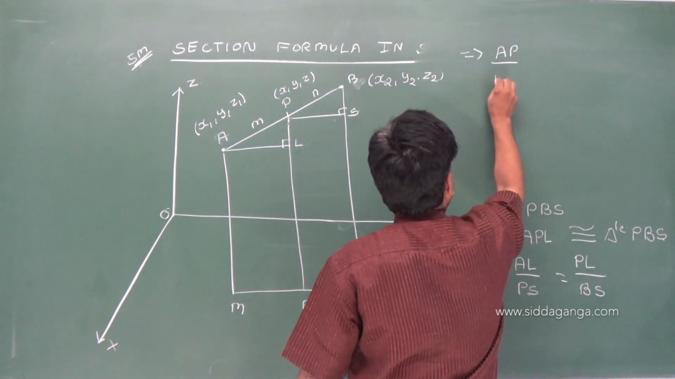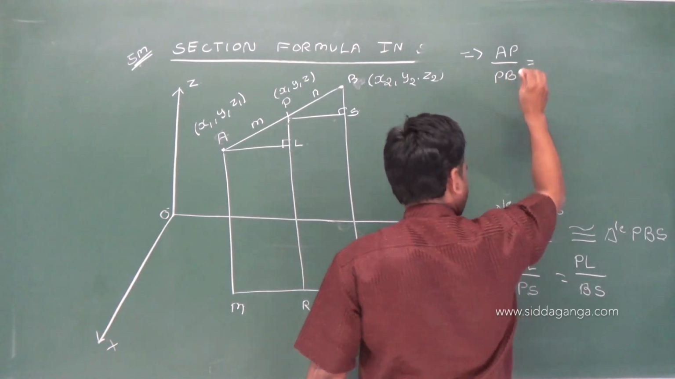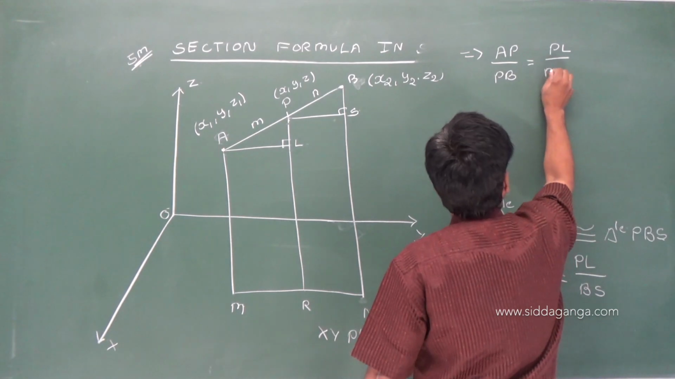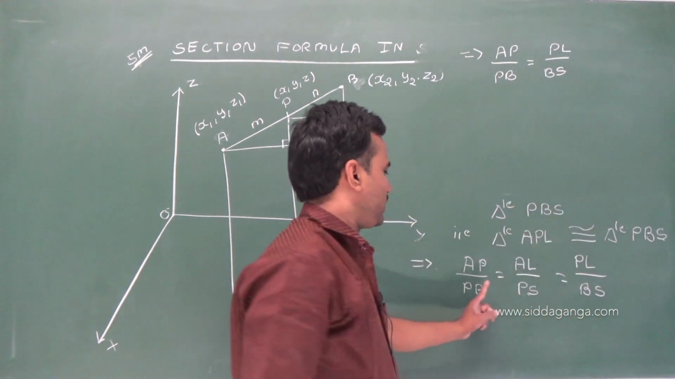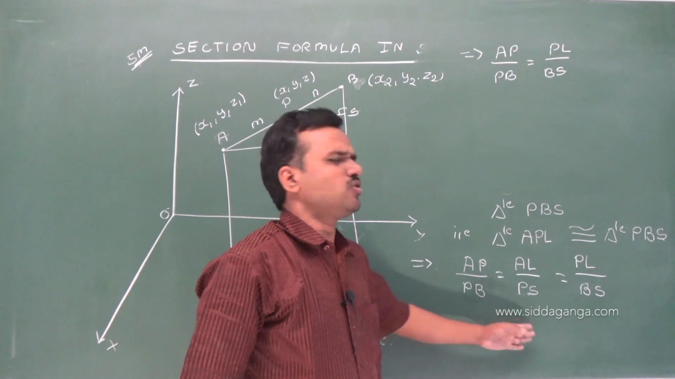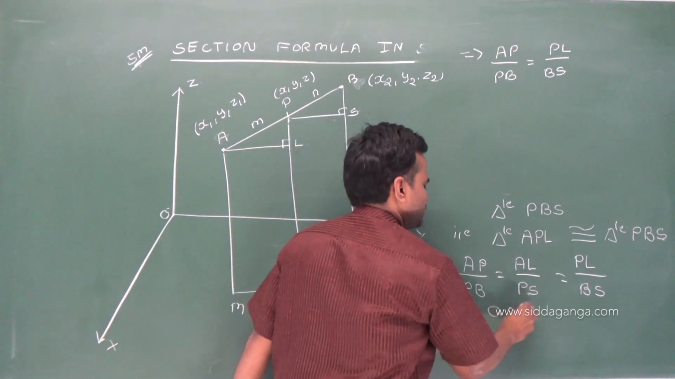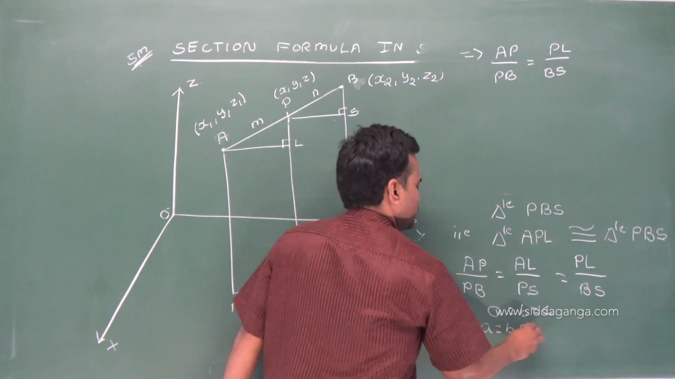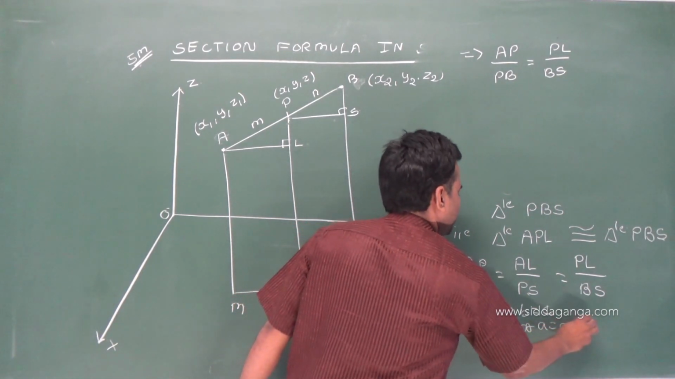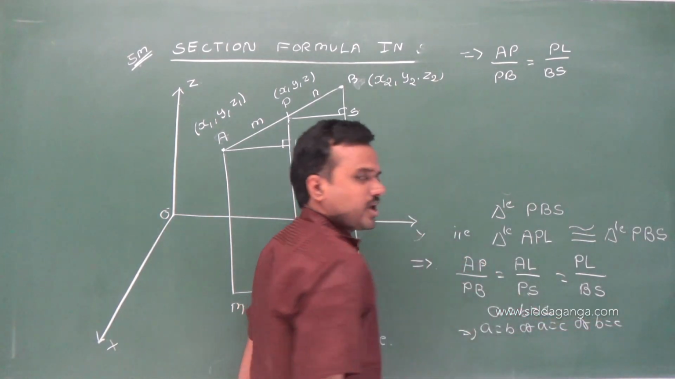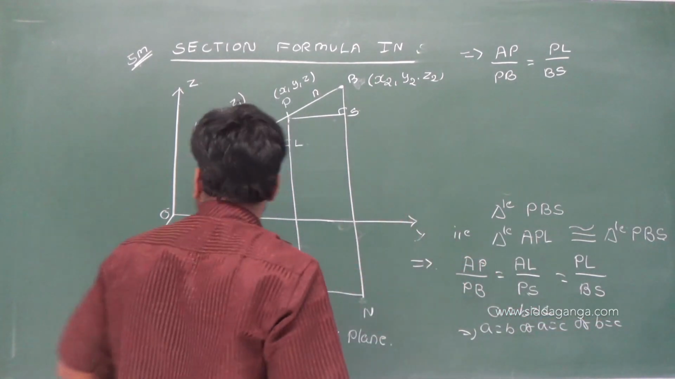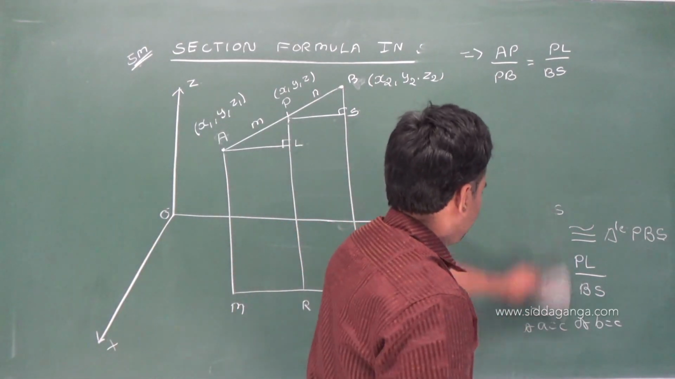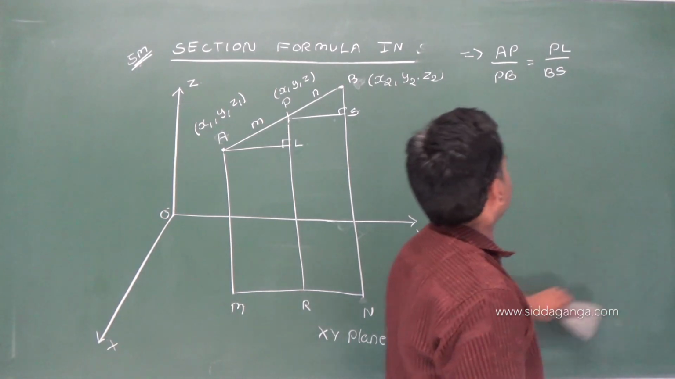AP divided by PB is equal to PL divided by BS. That is enough. Okay, now if A is equal to B is equal to C, that implies A is equal to B, or A is equal to C, or B is equal to C. So AP divided by PB is equal to